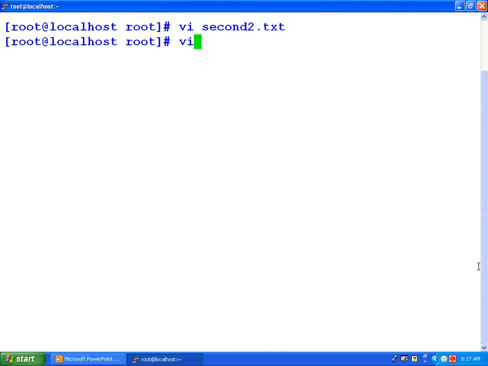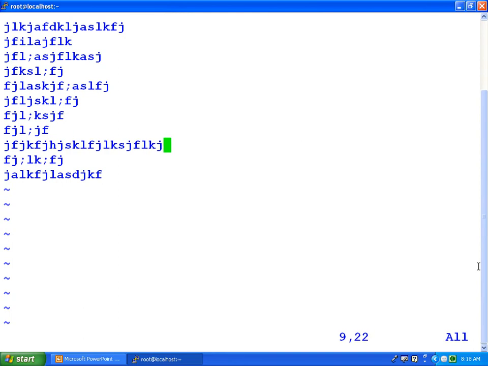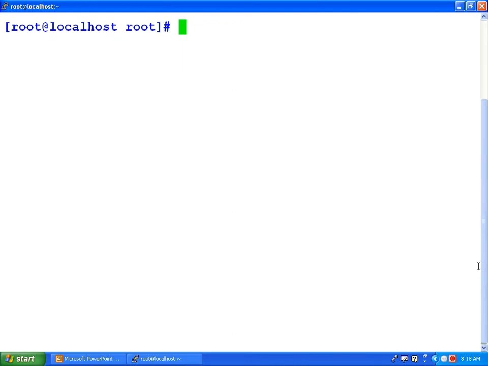So now the file has been saved, and if we want to edit it again, then we have to open it again with vi second.txt. The file has opened, and now we can change something in that file. We again go into insert mode, and if we want to add something, we can add, and if we want to change something, we can change it. In the same way we press Escape, then Shift colon and wq. The file will be saved. This is about the vi command.